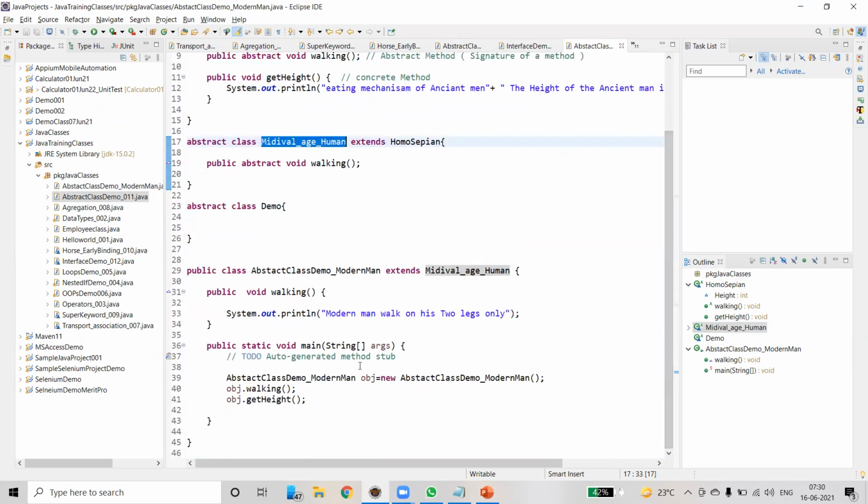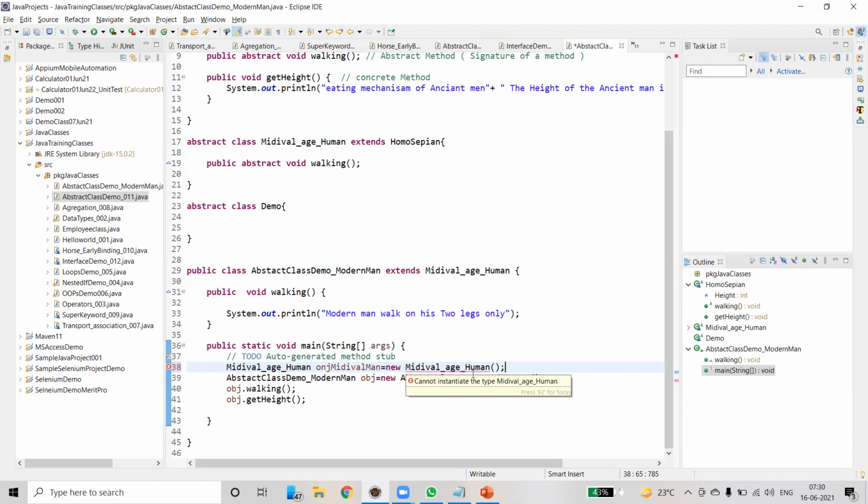This is our main method. Inside the main method, obj medieval man equals new. Now tell me, what is the error? We cannot instantiate the type medieval age human because it is an abstract class. We can't instantiate.